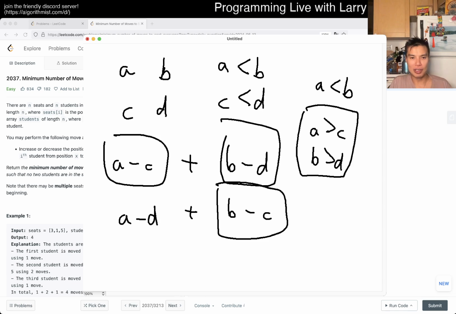And then this is actually unknown, I guess this is unknown. But you can rewrite this as A plus B minus C minus D, and then on the bottom you have the same thing. So I guess in this case,